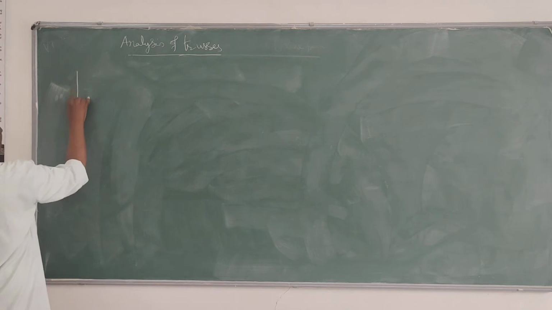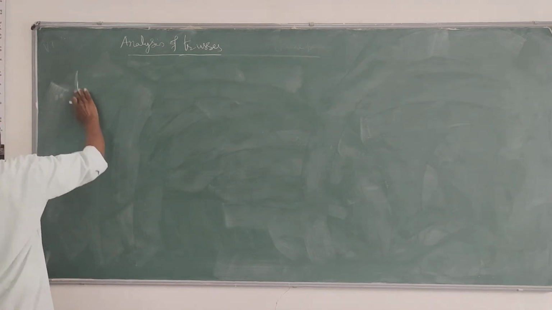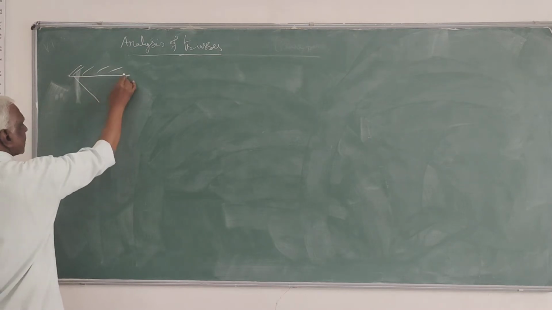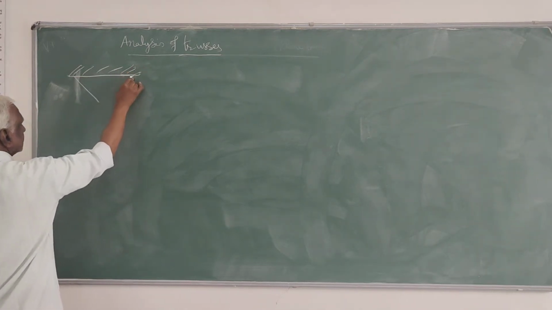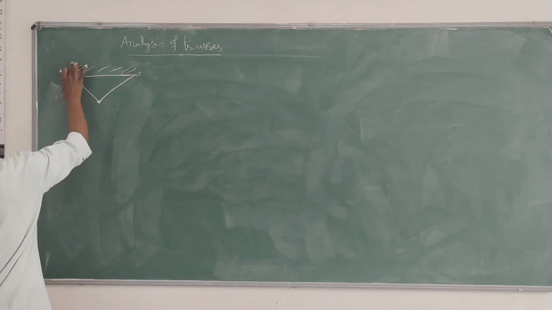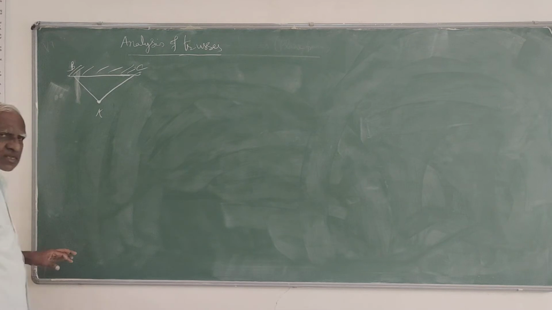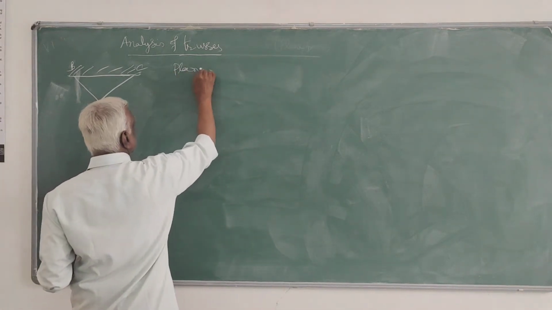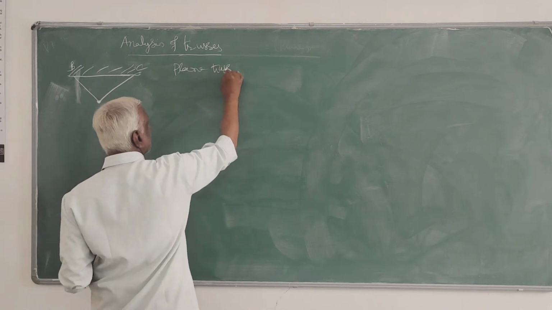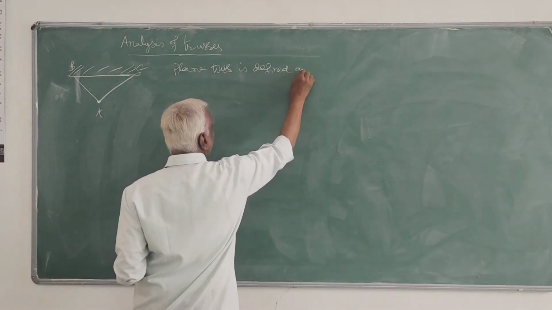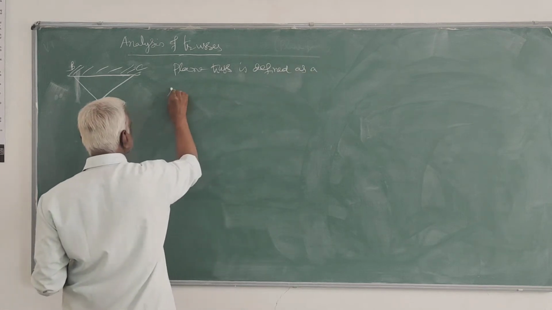Now here also we will take up a simple truss. A simple truss I will take to start with. Like this, we will take up a simple truss: A, B, C. A truss, how do you define a truss? A plane truss is defined as a structure